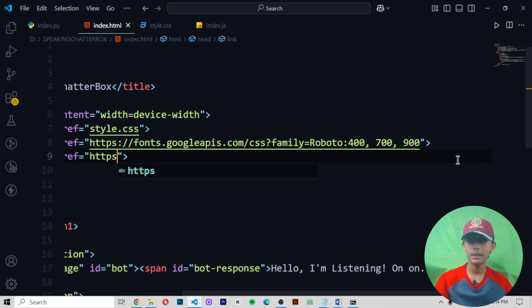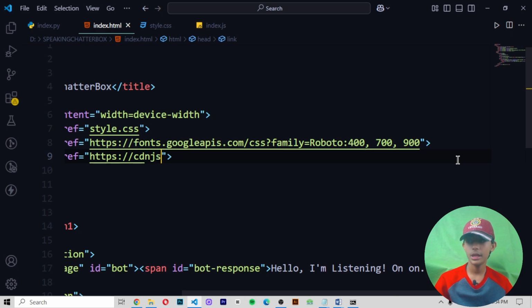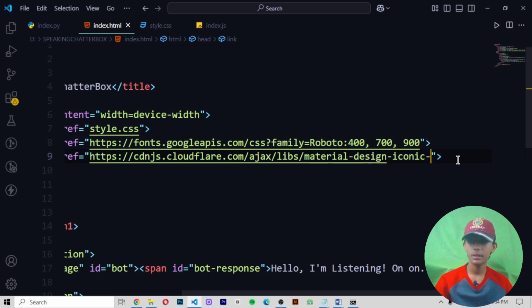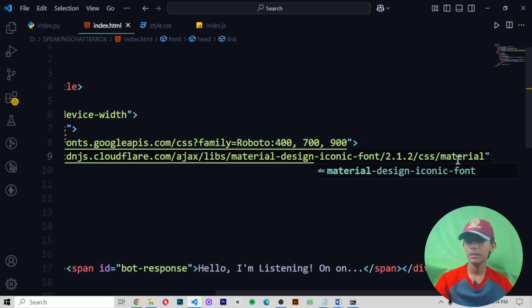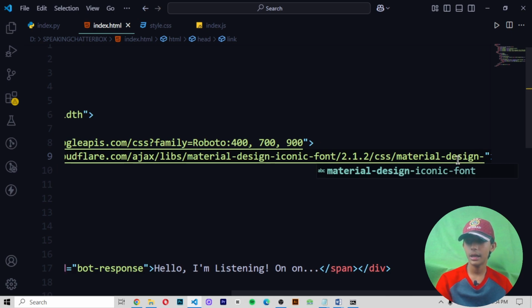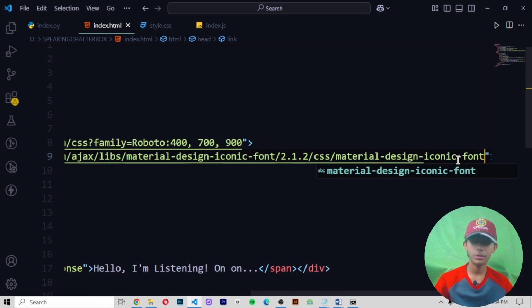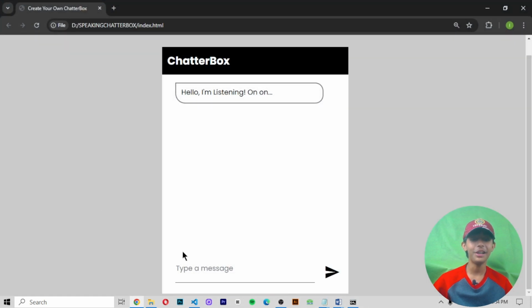Right here https://cdnjs.cloudflare.com/ajax/libs/material-design-iconic-font/2.1.2/css/material-design-iconic-font.min.css. Save and then run. So the icon has come now. Here you can see it like that.